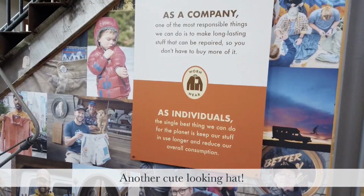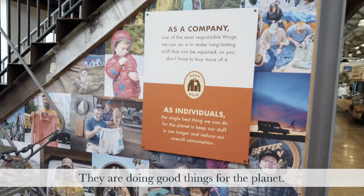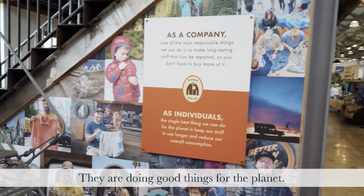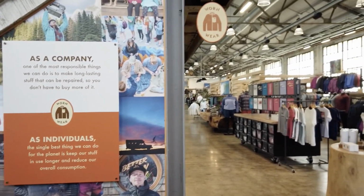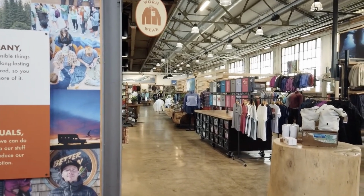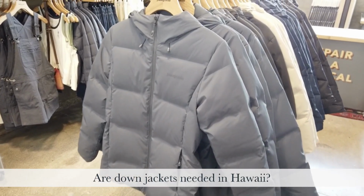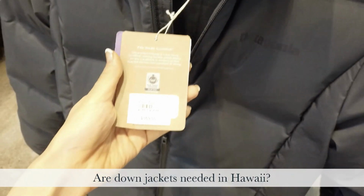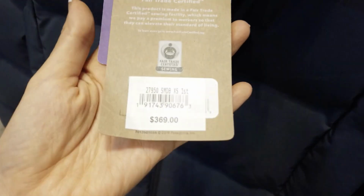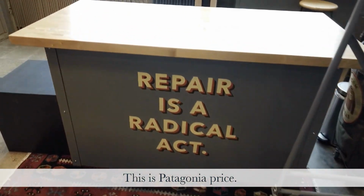But maybe not today. だけど今日はちょっとやめときます。And another cute looking hat. この帽子も可愛いです。They're doing good things for the planet. 地球にいいことをたくさんやってるよというのがここに書いてあります。And next we're looking at down jackets. Are down jackets needed in Hawaii? ハワイでダウンジャケットって必要なんでしょうか？